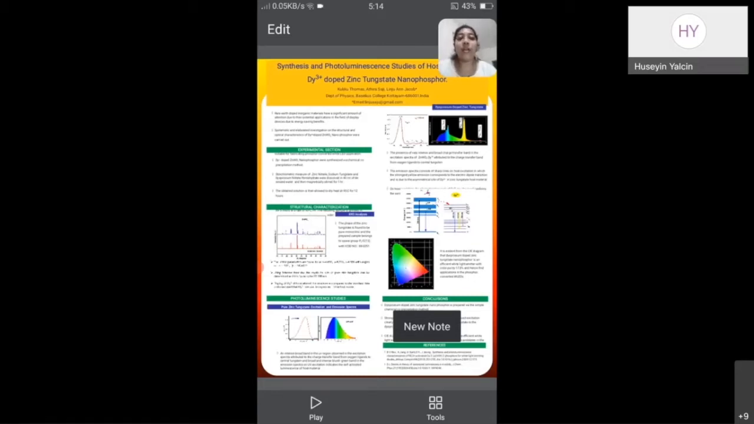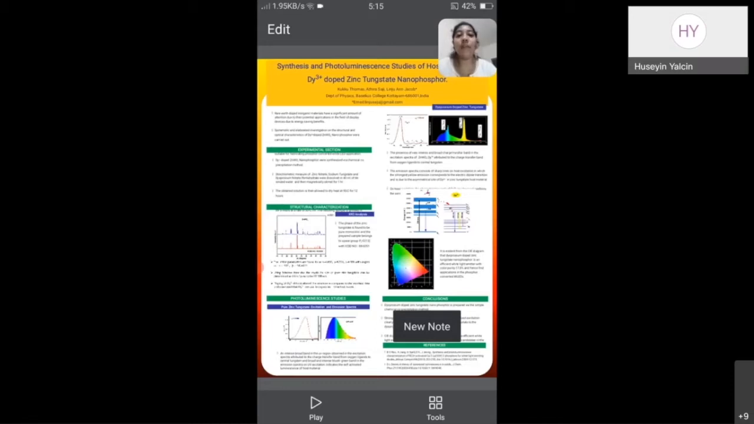In the case of dysprosium-doped zinc tungstate, the excitation spectra show an intense charge transfer band, and the dysprosium peaks are very feeble compared with the charge transfer band. So we take the host excitation for the emission spectra of the dysprosium-doped zinc tungstate nanophosphor. We got a broad blue region along with sharp lines,